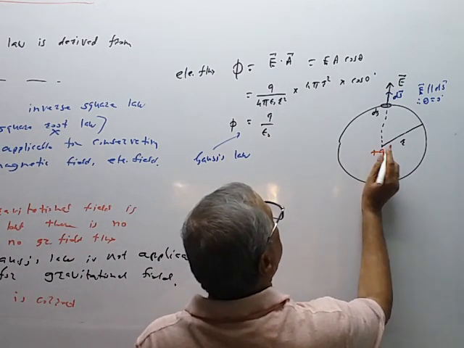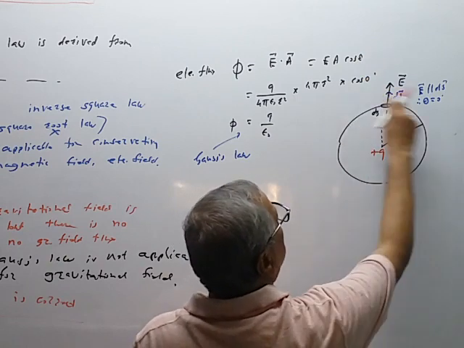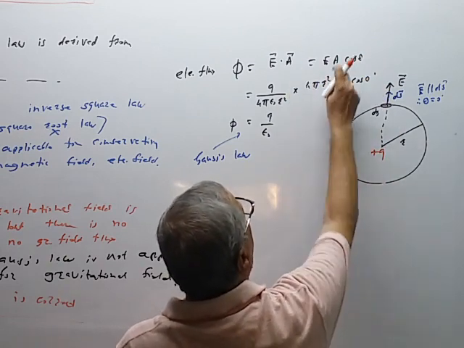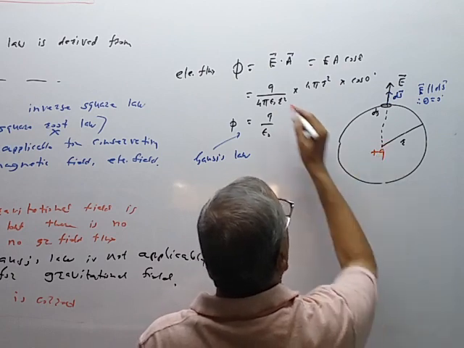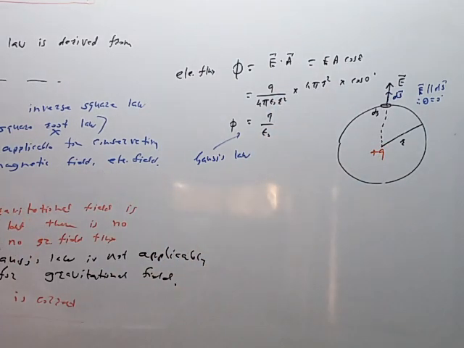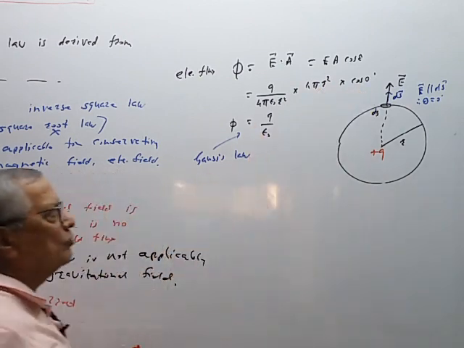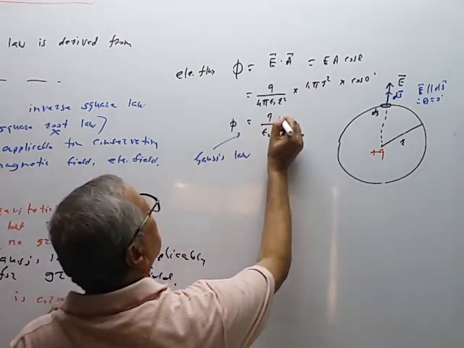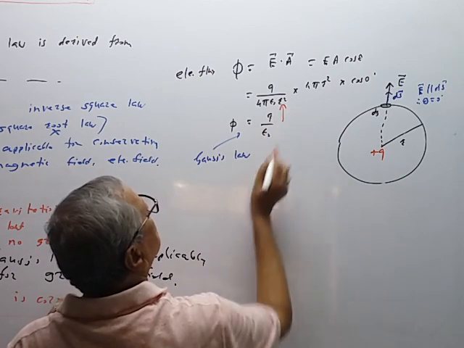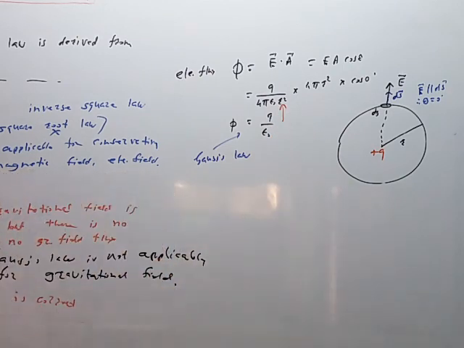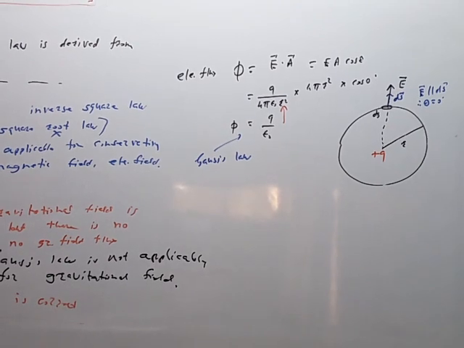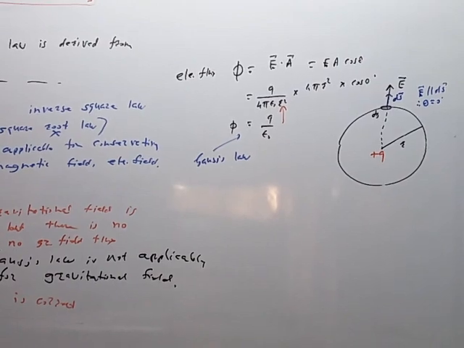Here we are keeping the plus Q charge. So theta is equal to 0 degrees. The area is equal to 4 pi r square, and the intensity is given by E equal to Q upon 4 pi epsilon naught r square. So 4 pi cancels, r square cancels, cos of 0 is equal to 1, therefore phi is equal to Q upon epsilon naught. So this is nothing but the inverse square law, like this. So we can derive the expression for the electric intensity, and intensity is inversely proportional to r square. Okay, we will stop here. We will see the remaining questions next time.